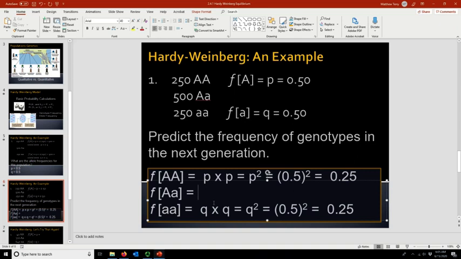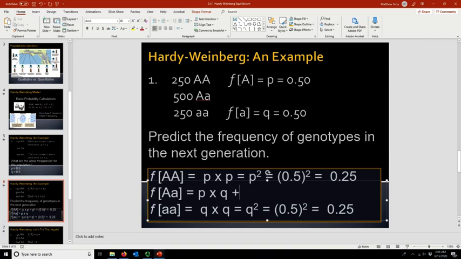To do this, we need to figure out what is the probability of you getting a big A from mom and a little a from dad. And so we say, well, we know those frequencies. It would be the probability of getting a P times a Q, right? Just the union of probabilities. Now, you could also be heterozygote if you get a big A from dad and a little a from mom, the reverse, right? So you could do that, but to do that, we need to add in, so it's the probability of having mom and dad